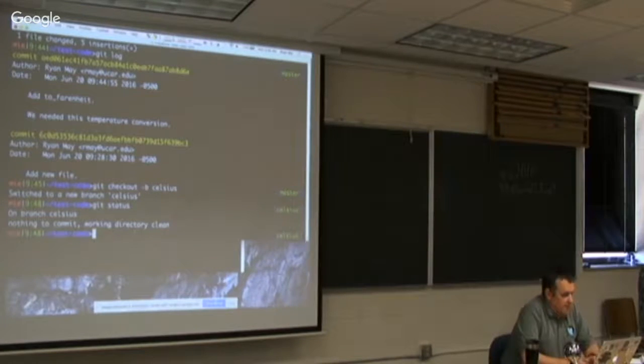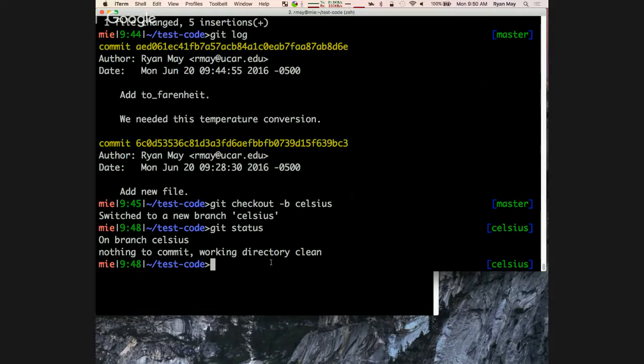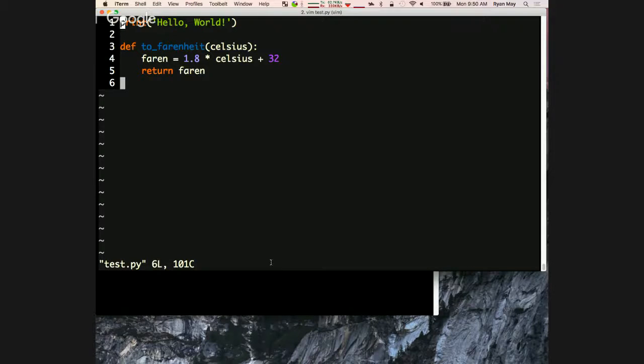At any rate, so we're on a new branch Celsius. I want to make some commits over here and test some things out. So I'm going to go back and edit test.py again. I'm going to make another function here at the bottom. I'm sure this is coming as a surprise to no one.